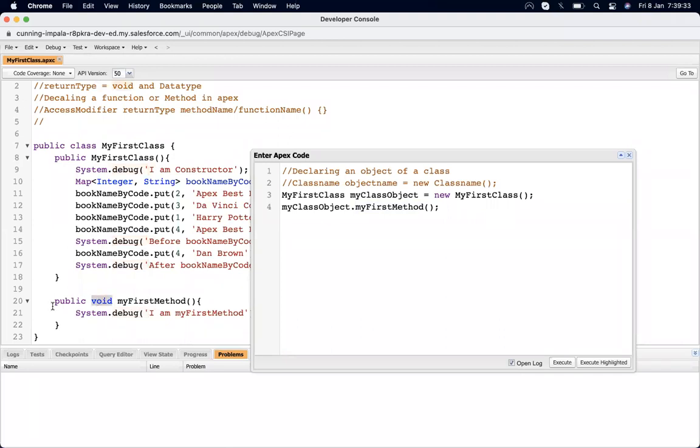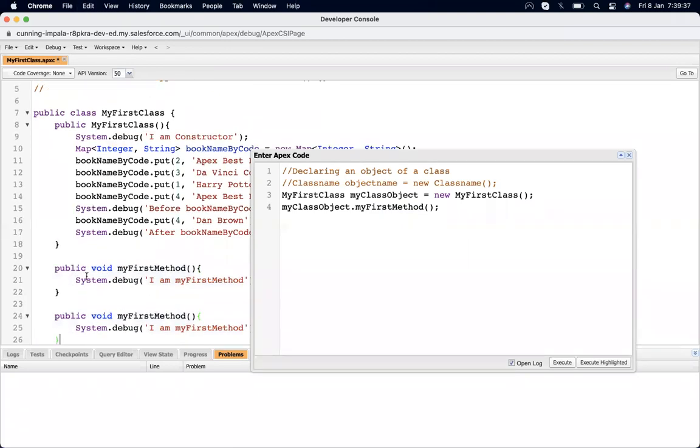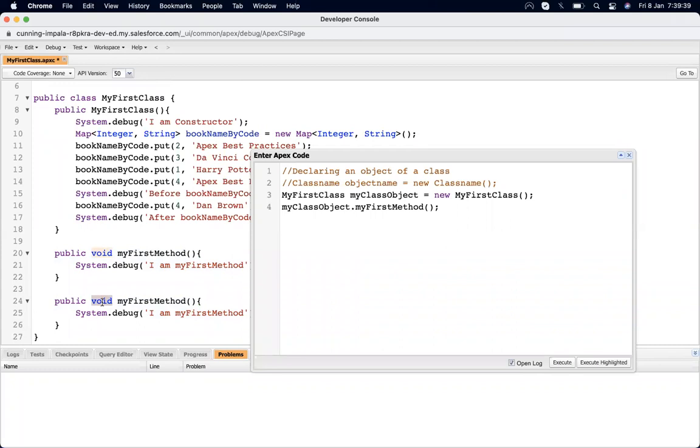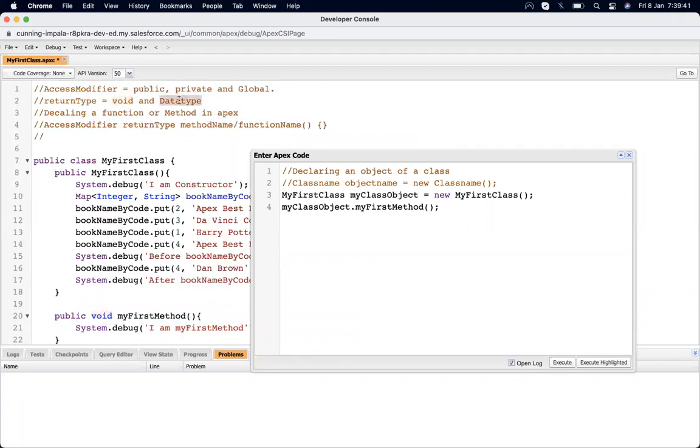Suppose I declare a method which is returning something, so instead of void I will write a data type. Any data type, meaning what you learned about: primitive, or collective.